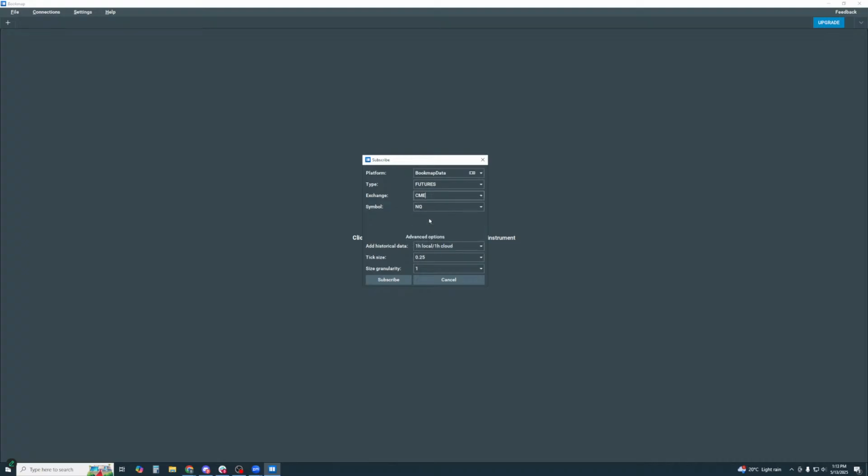I'm going to select CME, and then for the symbol in here, well, this is the NQ. I'm actually going to select the ES, which is the S&P E-mini. And if you don't see it here, and you don't see it in your drop down here as well, that's okay. Just type it in,